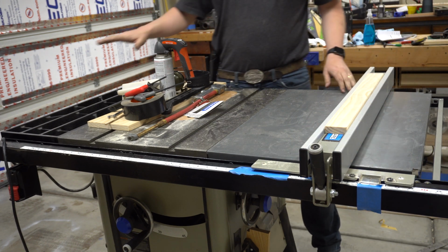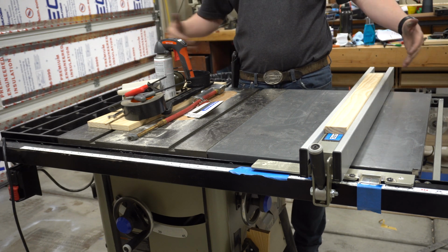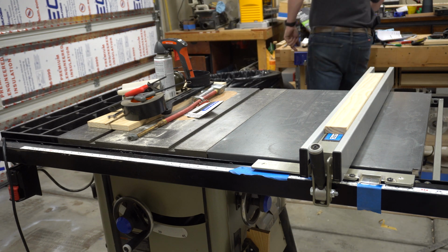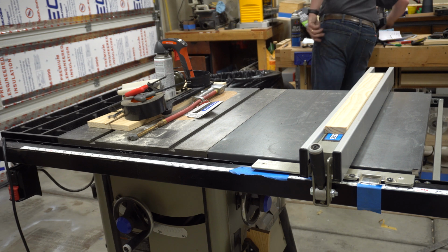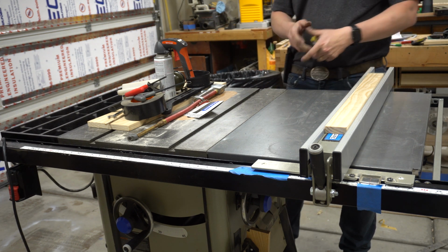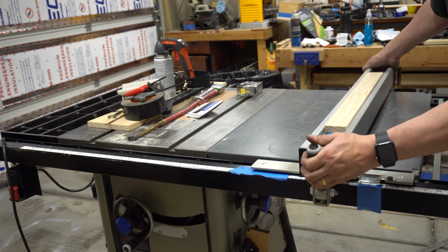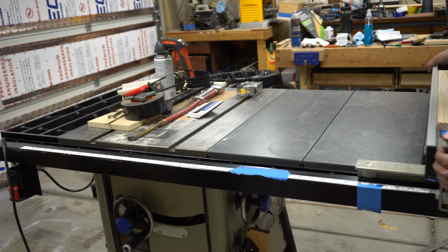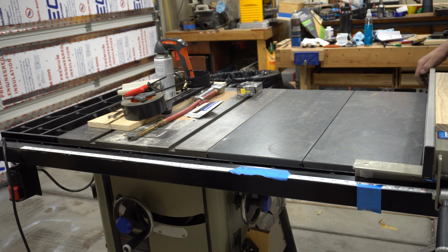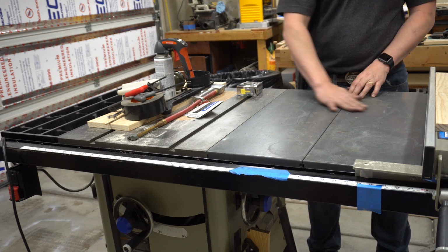Okay. So add this leaf. Let me add this leaf on this end, so it's one leaf bigger. What is that? 10 inches? Yeah, 10 inches. So now I have a, oh, it hits the bolts there. It changes out. Shave those down. But I got a little more than 10 inches on this side now that I can use